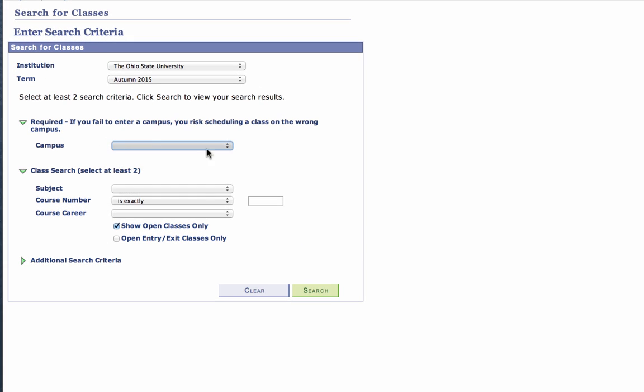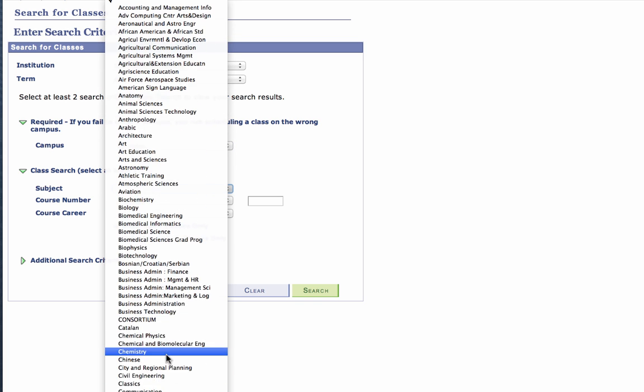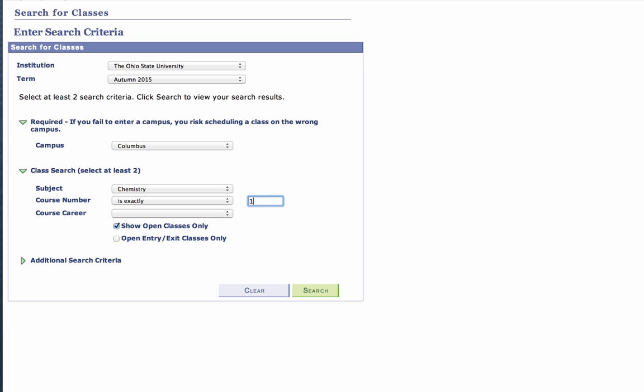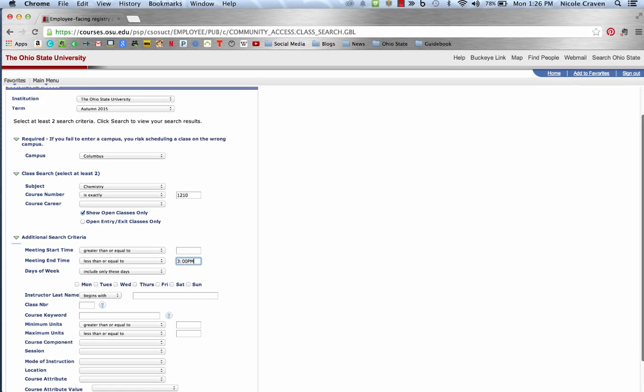For the second search, I am looking at offerings for Chemistry 1210. This time, I want to use the additional search criteria. This is a great way to limit your search for open courses by time of the course. I want to limit my search based on the time that the class starts to avoid the time that I'm already scheduled to take my college survey class at 3 o'clock. Therefore, I want the search criteria to include a meeting end time less than or equal to 3 p.m. I click Search,